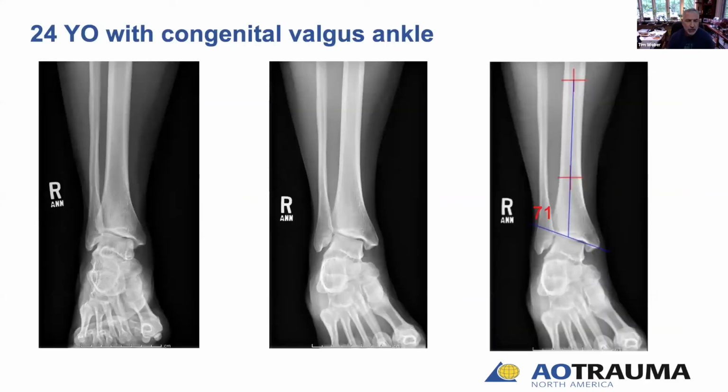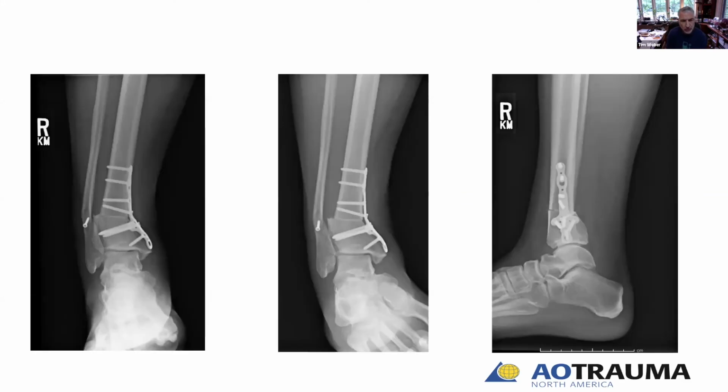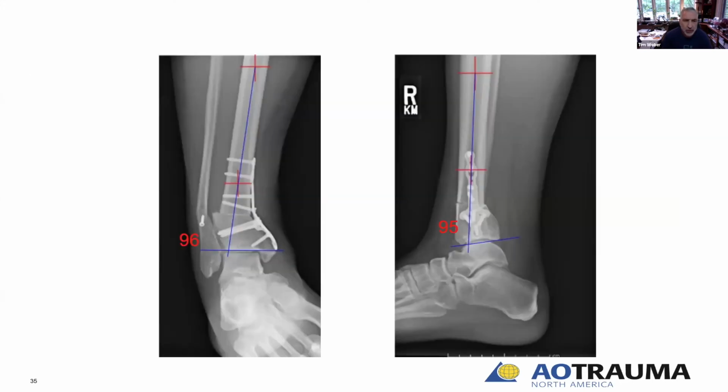Case number 3, this is a 24-year-old with congenital valgus ankle. So she has almost a 20 degree deformity here. This patient was initially treated by one of my partners who did a closing wedge osteotomy of her distal tibia. And this is his initial post-op x-rays here. And when we draw lines, we see that actually it was somewhat overcorrected,